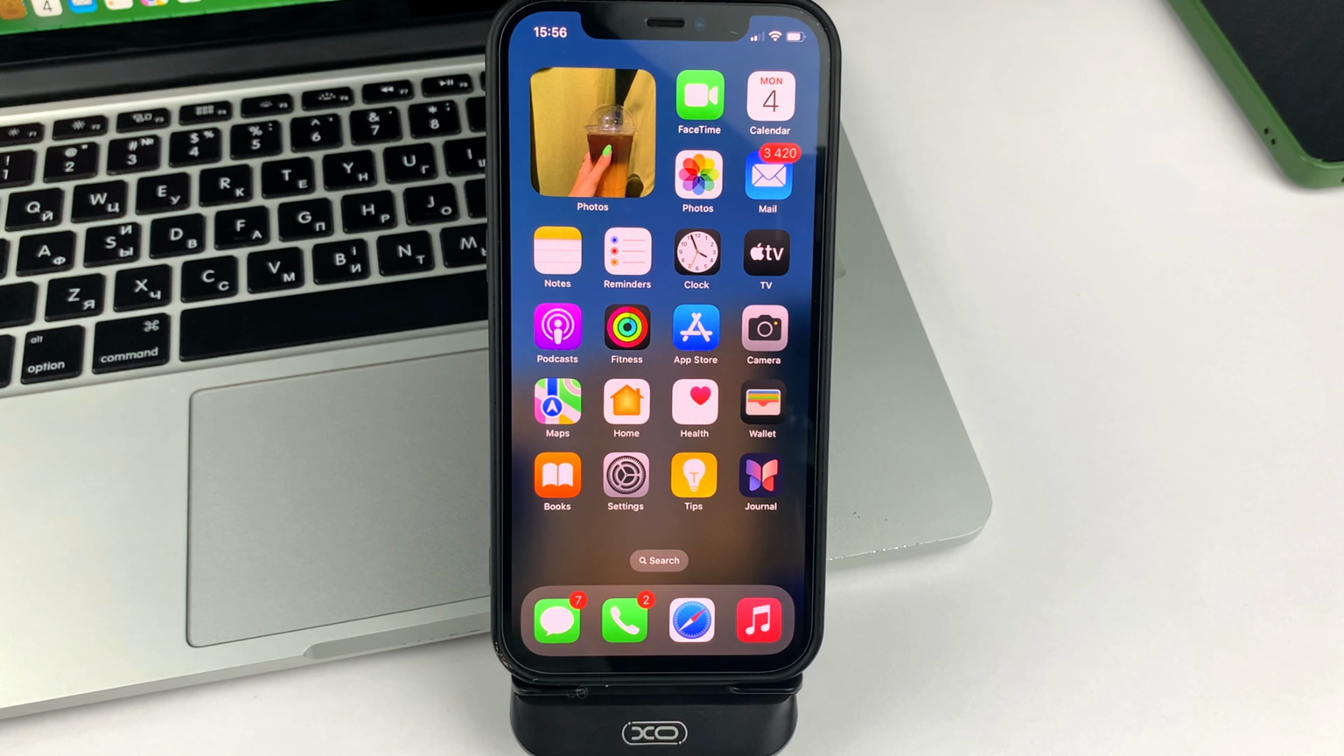In this video, I will tell you and also show you how you can change the font on your iPhone